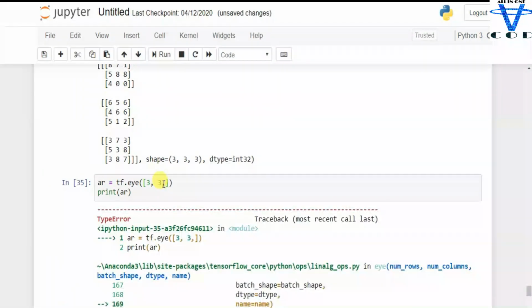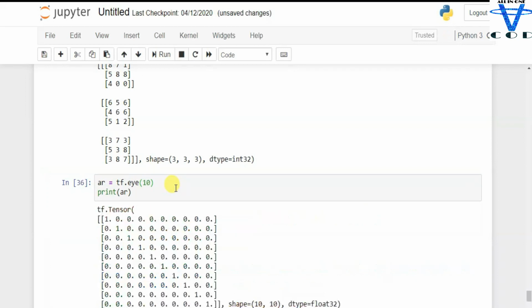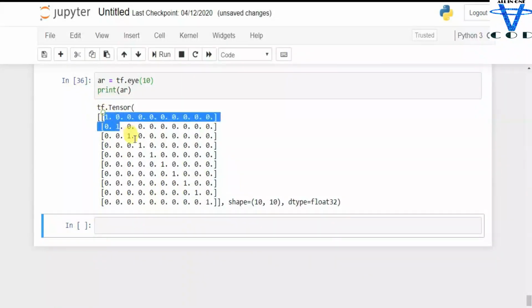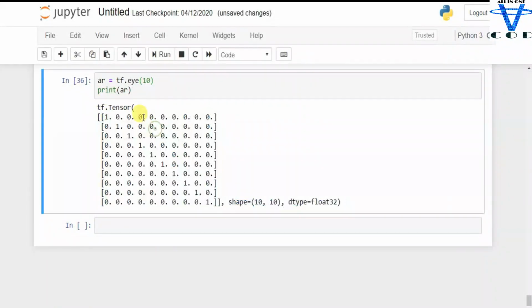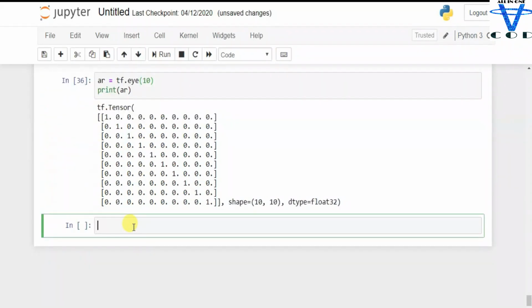Let's try this. Okay, the same error. We have to add only a number in here like 10, so it is gonna work. You can see it creates 10 lists with 10 elements. So that's how you can create the diagonal matrix using the I function. This is the same as numpy I.